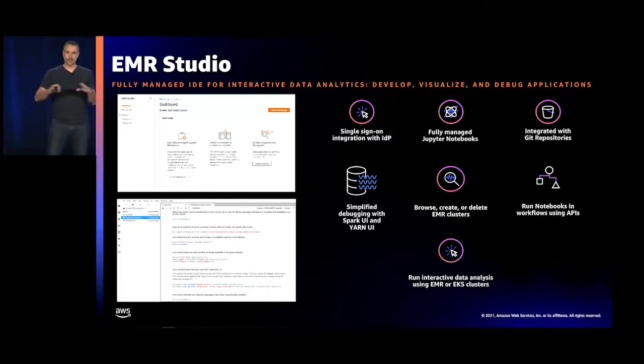They have this unified interface with all the features required to do their job. They have a fully managed Jupyter notebook experience with lots of integrations like SSO, Git repository, cluster management, debugging tools. All the features that are necessary for building and deploying code are available in this single interface.